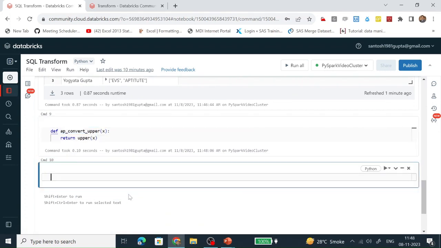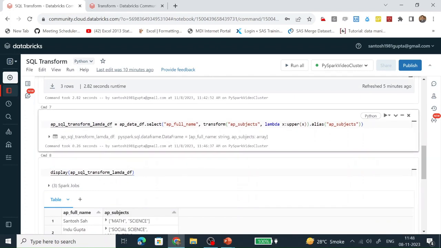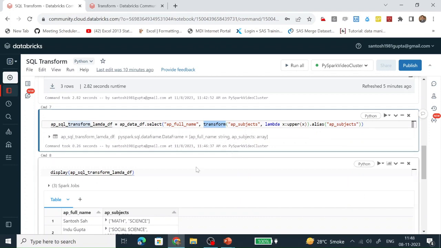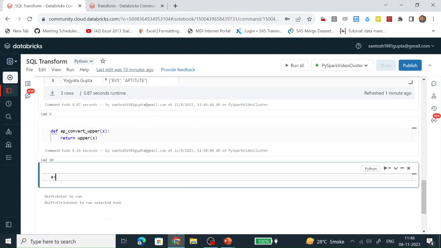Now let's see how we are going to use this transform function on an array type object.